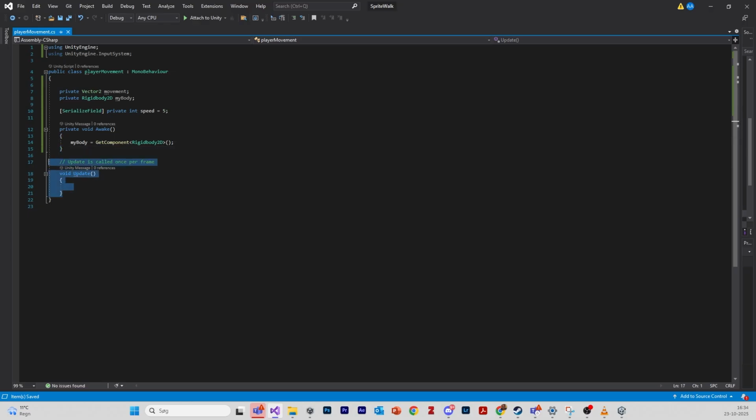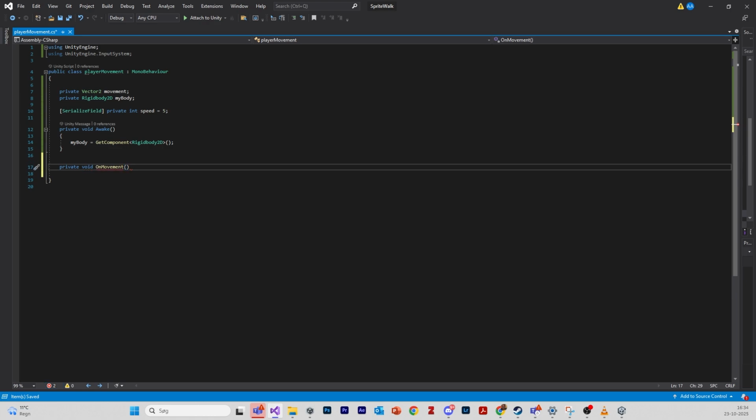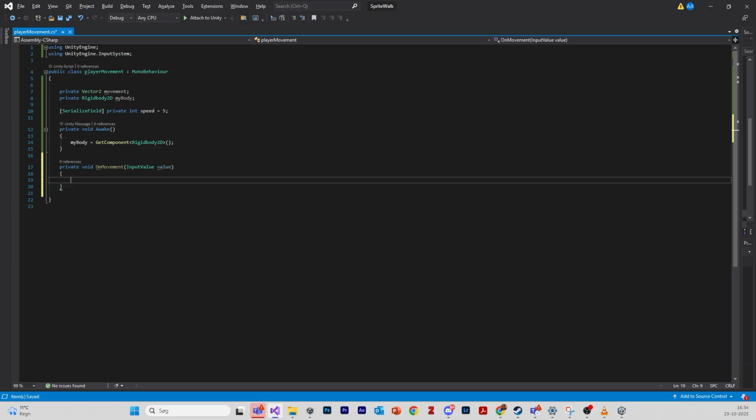Then we are going to be creating another function. We're gonna remove Update also for now. And we're gonna create another function here, private void, and we're gonna call this one OnMovement. And here it's very important that we called our input action Movement, if you remember. So now OnMovement will listen for what's happening in the player input movement with the WASD, and it will affect this input value we created here, and it will give it to, this is basically gonna be a Vector2,